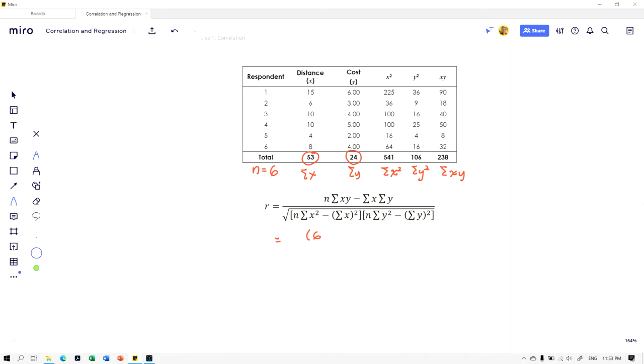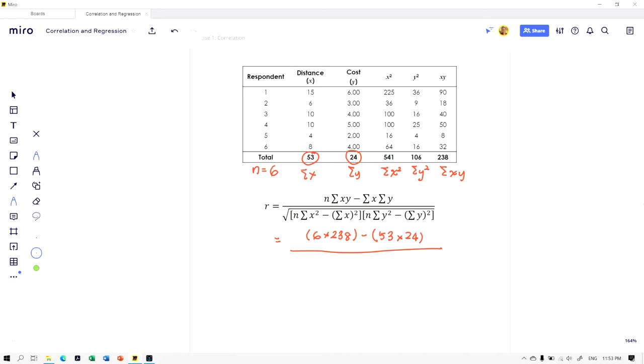The sum of xy is here, and the value is 238, minus sum of x. Sum of x is 53, times the sum of y. The value for the sum of y is the value when we total all the values in the column of y, which is equals to 24,